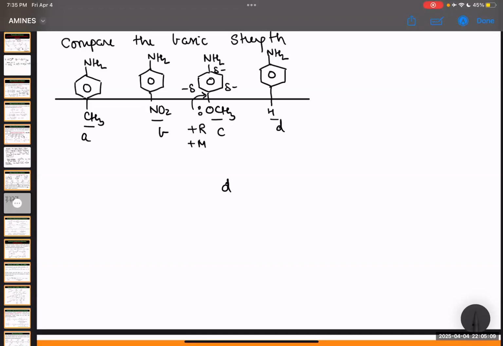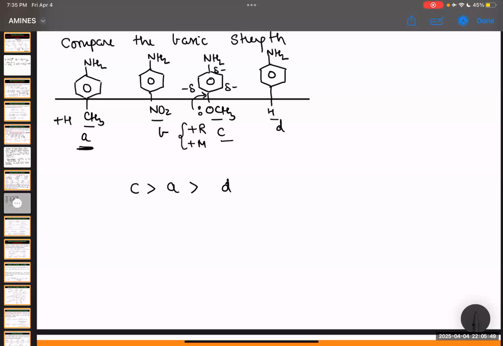So electron donating groups are C and A. But C is causing the increase in electron density by resonance. So that is plus R or plus M effect. And A is causing the increase in electron density by plus hyperconjugation effect, the hyperconjugation effect of methyl. And the resonance effect is more strong. So if the resonance effect is stronger, you have C to be most basic, followed by